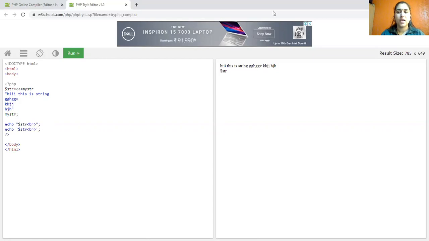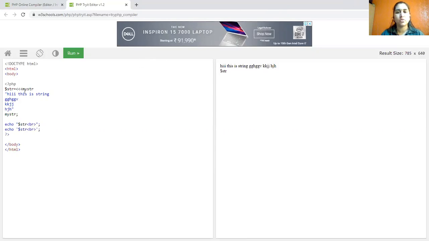So till now we have seen four types of strings. First is the single quoted string. Everything you write in single quotes or double quotes is treated as a string in PHP. There is no character data type. Next is the nowdoc, a multi-line string.